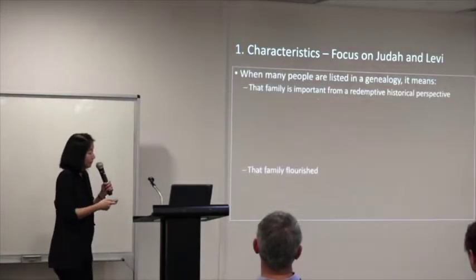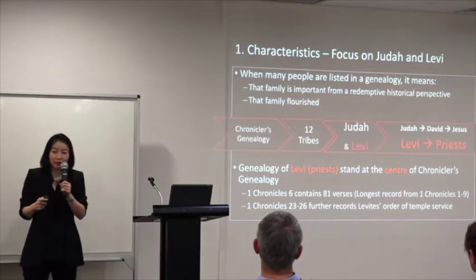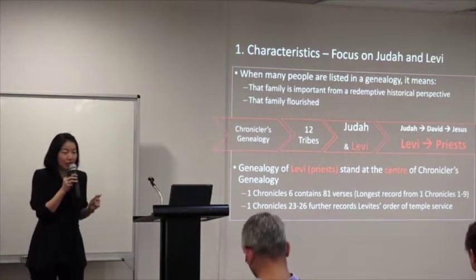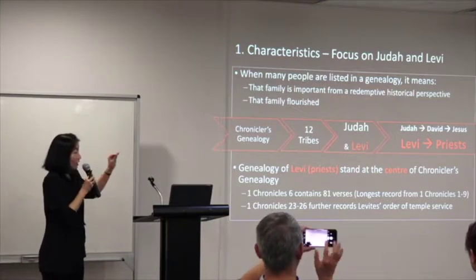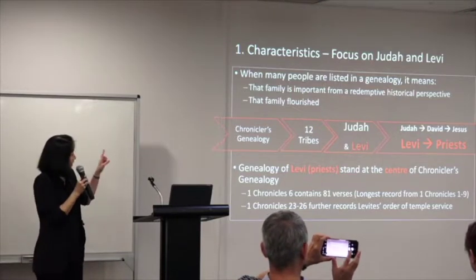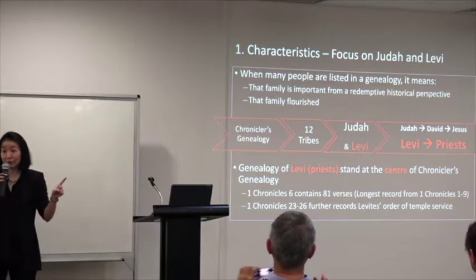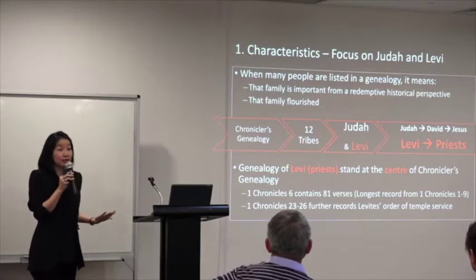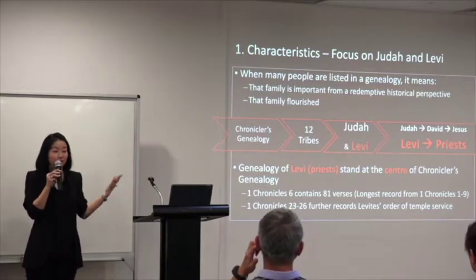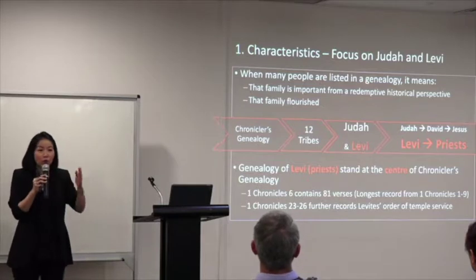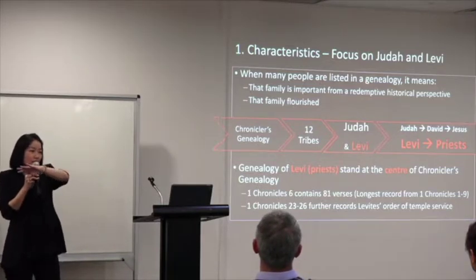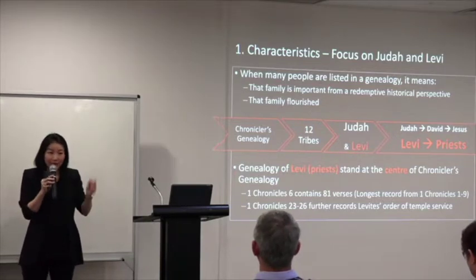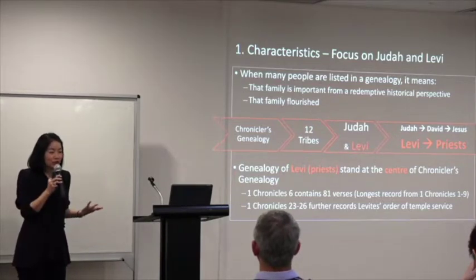Now, why does He include these genealogies of all Israel? We have to learn a tip and trick. Whenever there's a focus on many people's names, it's either because number 1, that family line is very important, or number 2, that family is very prosperous and multiplied to a great number of people. So this is the tip and trick why you would see sometimes a genealogy explaining a lot from one family or one tribe. Bear this in mind, there is no repetition which is without meaning.